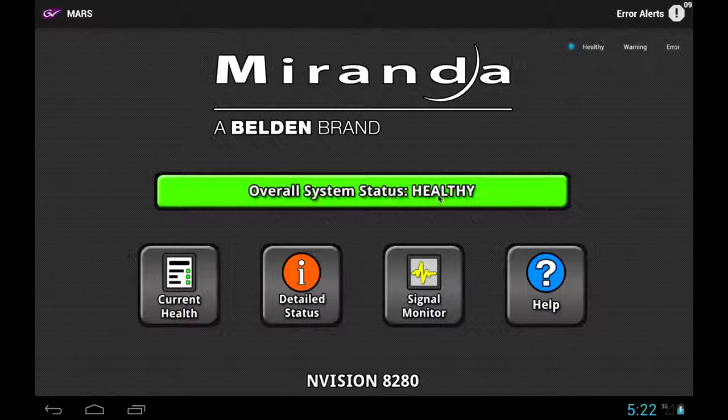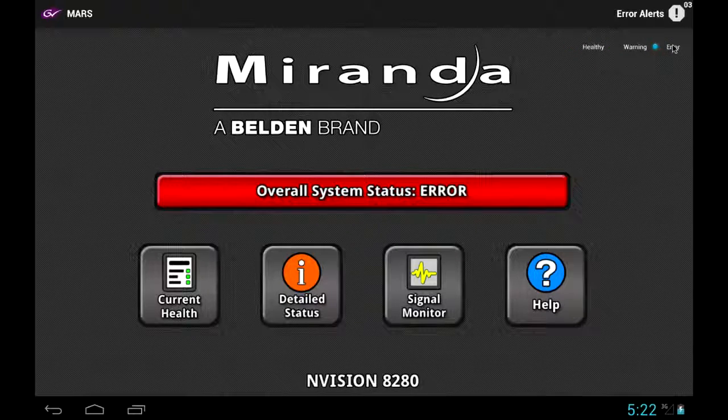Green indicates that the router is in a healthy state, yellow indicates that it's in a warning state, and red indicates that it's in an error state. The bar is large and color-coded so that anyone from far away can determine the overall health of the routing